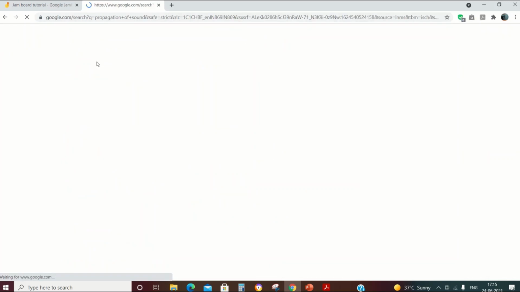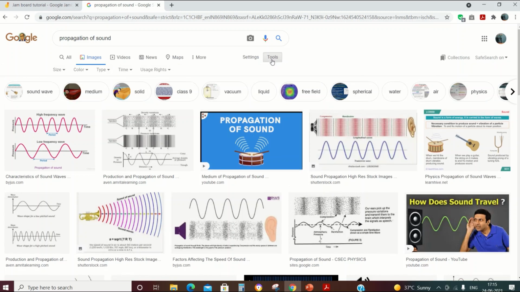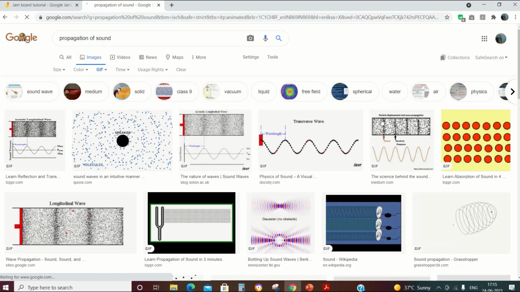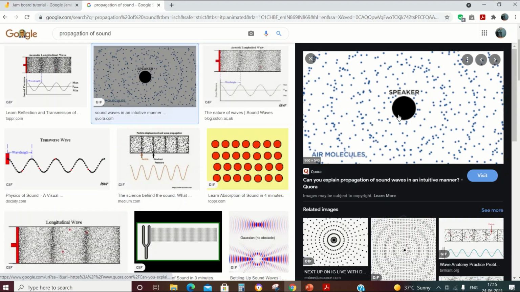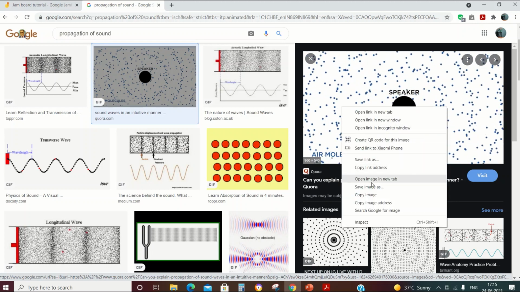I just type images. I go to images, but I will get a lot of images here, and I want animations, GIF files. So what I do is go to tools and choose GIF files. You will get the GIF files. You can see the same thing that I have uploaded there. Just click on that particular GIF, then save image as.